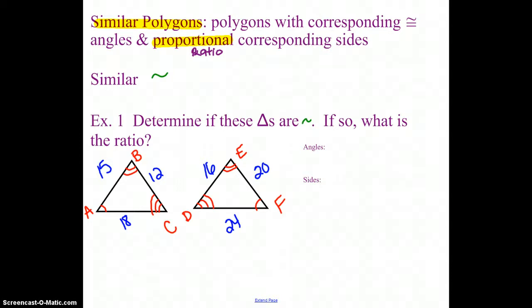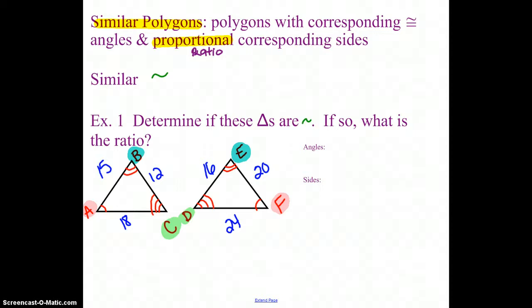So let's go through and look at this pairing here. And I'm actually going to use the highlighters to help me a little bit. It says determine if these triangles are similar, and if so, what's the ratio? So first of all, as I start looking, A has an angle with 1 band, and so does F. So those two seem to match up. B has a marking of 2, and so does E. Okay, those two seem to match up. Then C and D have a matching